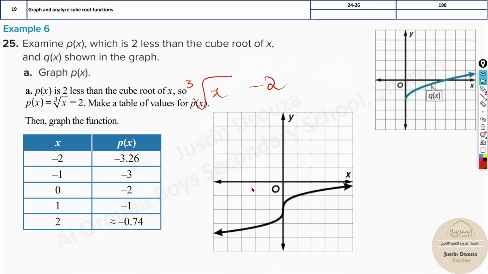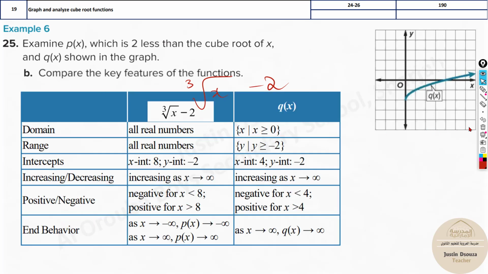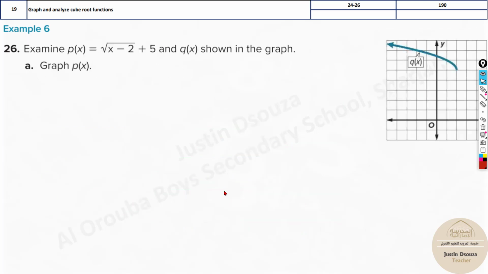Now you're telling the same thing. Domain is all real numbers. Over here it's only positive real numbers. Range and everything you have to just tell over here, okay? See this comparison, same thing. Same concept, same things. Here also it's the same concept. Over here you just have to